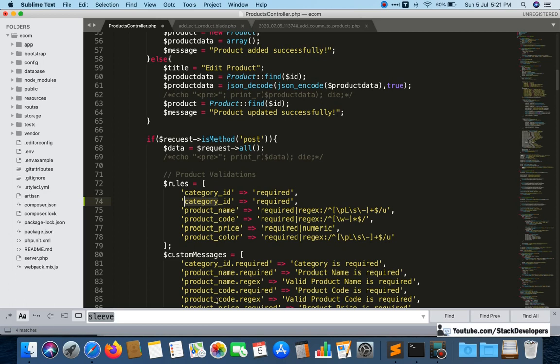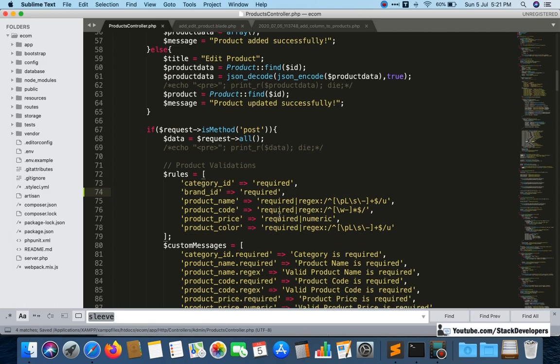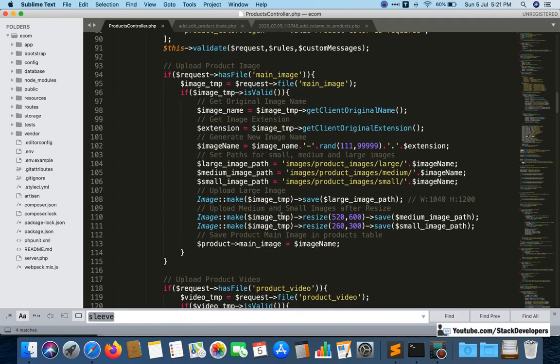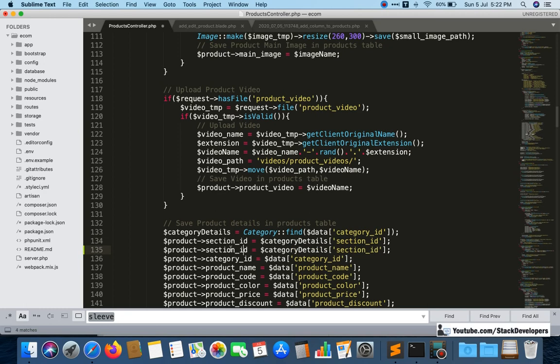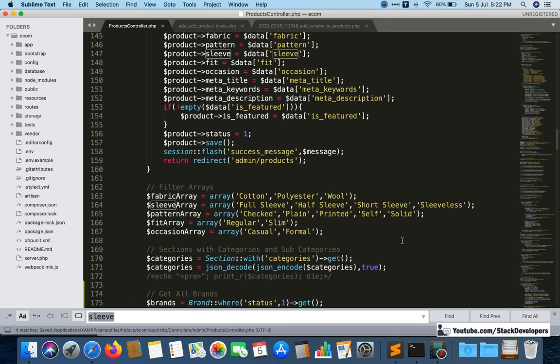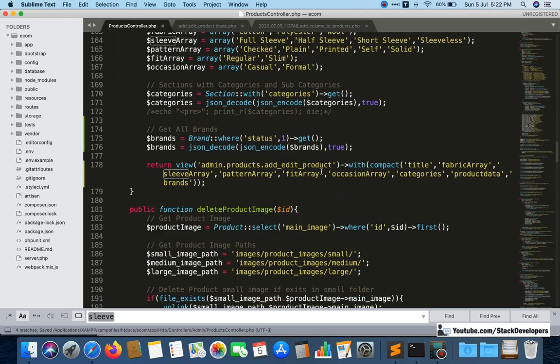So here we make brand_id required, that is the required column, and we want to save our brand_id as well. We want to save it, so here we add brand_id like this. Rest everything seems to be fine.